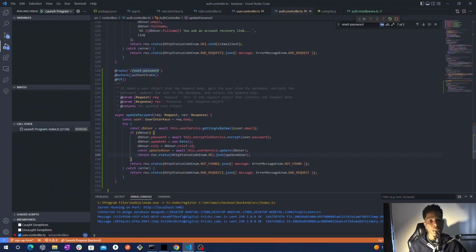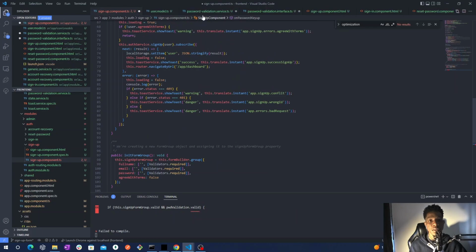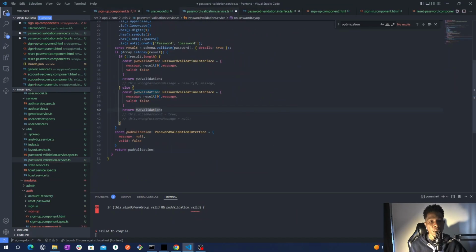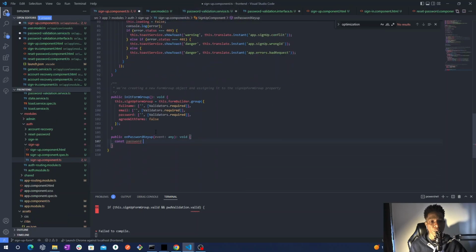So basically what we will have is to grab wrong message and password valid maybe. Okay, so what we say that our password is equal event target value, and after that we